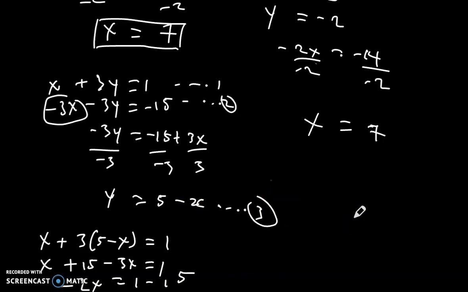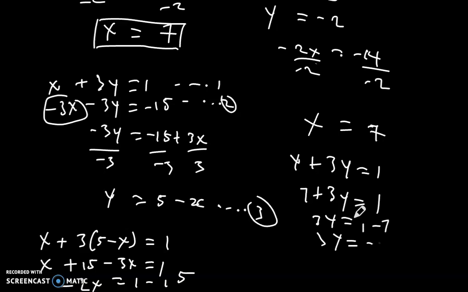Let me just finish it up. Take it and substitute, let's say, in equation 1: x plus 3y equals 1. Our x becomes 7, so 7 plus 3y equals 1. So 3y is nothing but 1 minus 7, which is negative 6. When you divide by 3, y gives you negative 2, which is what we have here. So we can use both elimination and substitution to solve any kind of equation that we are given. Let's take one